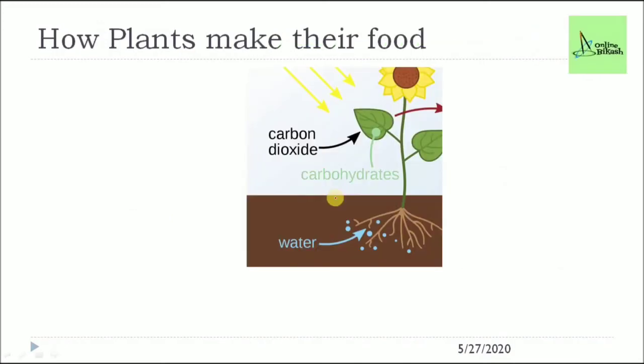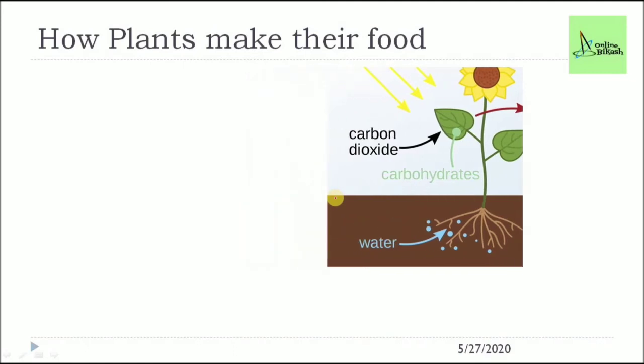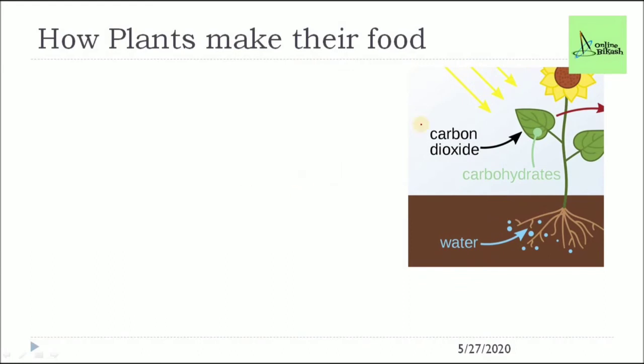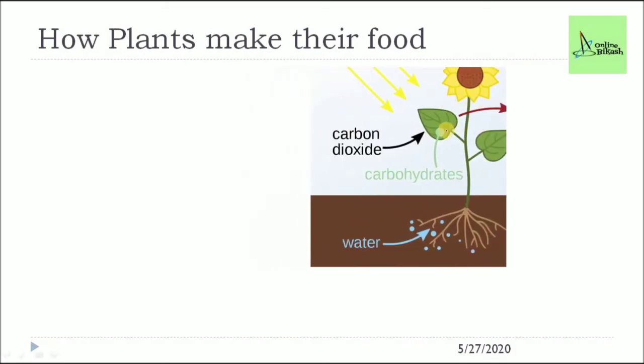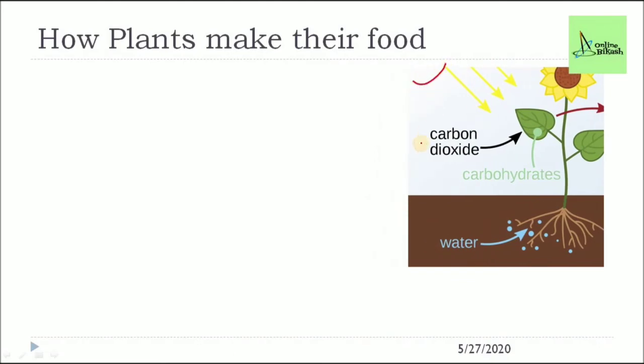Now let us see how plants make their food. In the figure you can see there is a plant and carbon dioxide. Carbon dioxide is a harmful gas for human beings and animals, not for trees or plants. Then this is carbohydrate, the byproduct. Now there is water and there is the sun. This is the sun only, huh? So in the presence of carbon dioxide, sunlight and water,